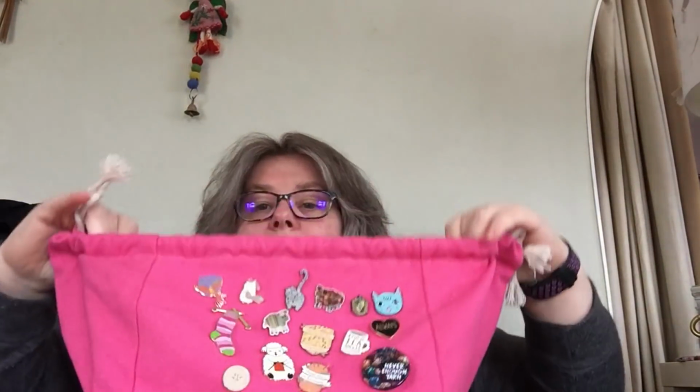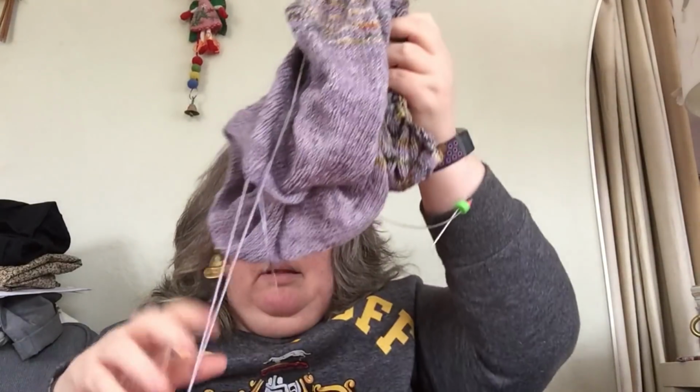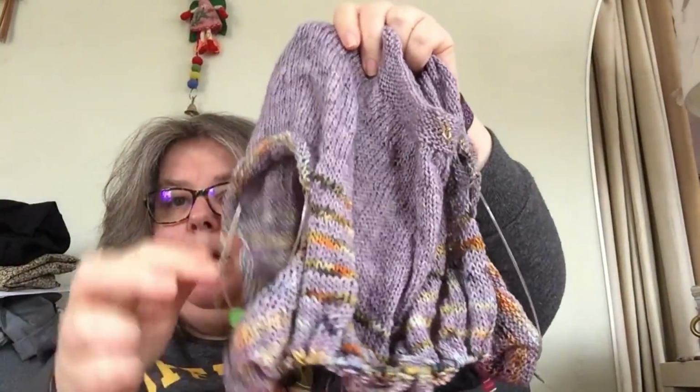In my next bag, which I also love, is this is my canvas cube bag from Thimble and Thread Make, with all my pins on it. I have started a sweater, and this is the Sides and Stripes by Vera Valimaki. Trying to find the front. There's the front. So I haven't got very far with it, but I have got to the point where